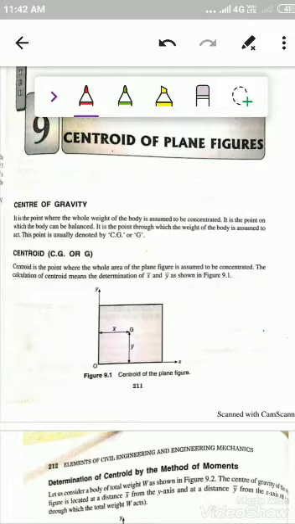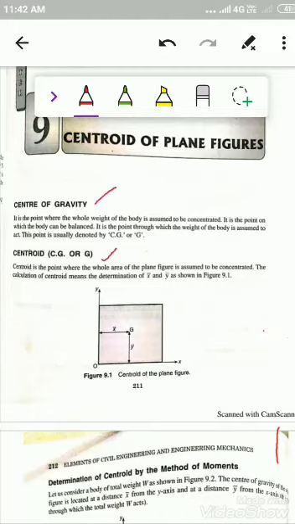Just let me give you one example. What do you mean by the centroid? You can balance your textbook or your notes on a single point. You may observe, you can rotate your textbook about a single point. That means you can balance this by a point. That point, we call it the centroid. Clear? We have two definitions, center of gravity as well as centroid. What is the main difference between the center of gravity and centroid?